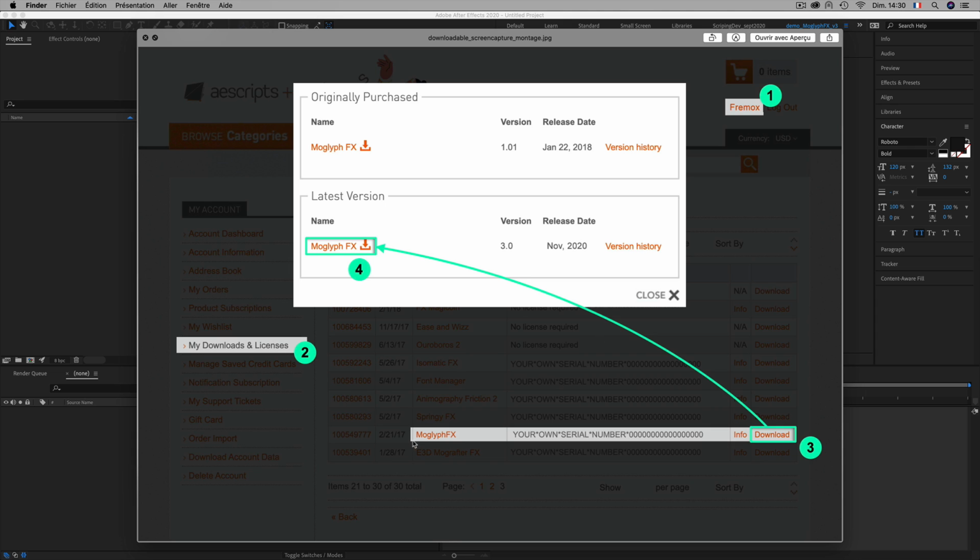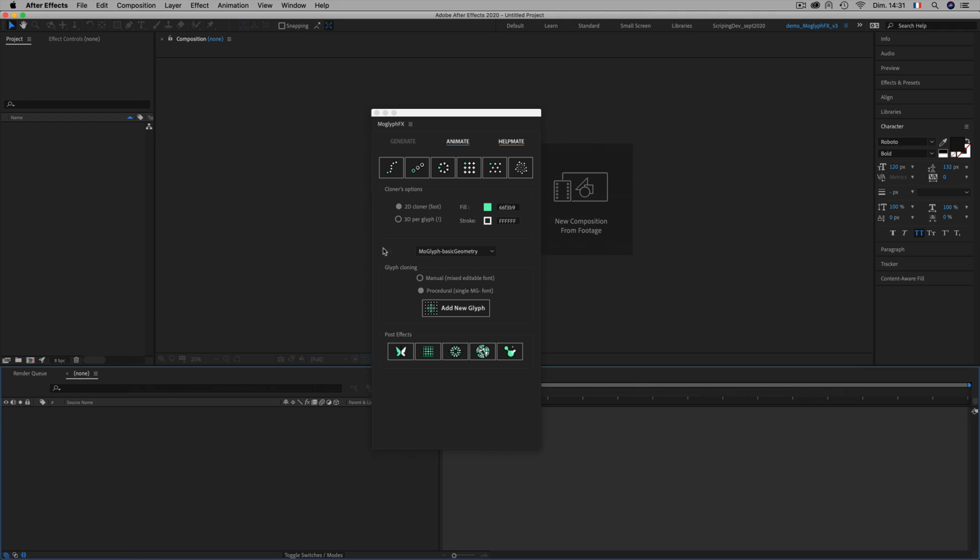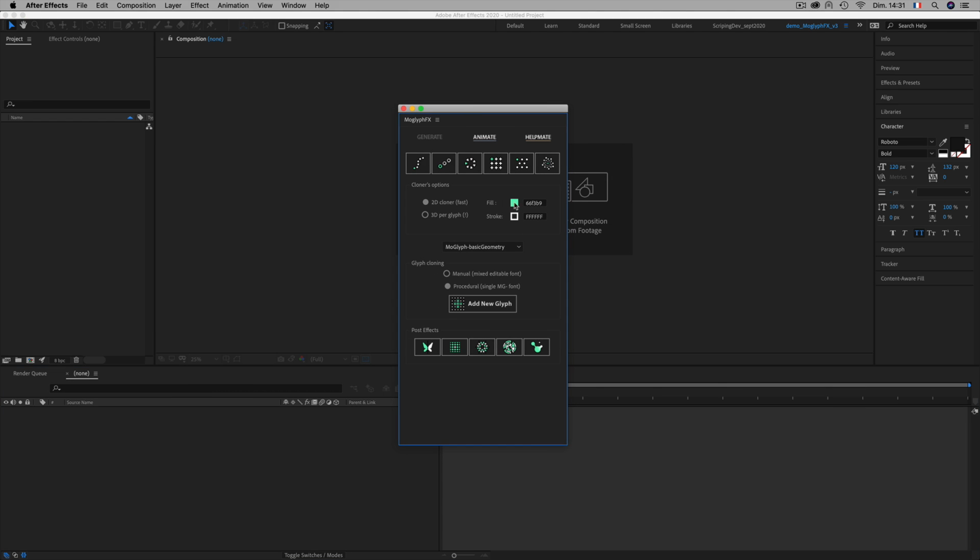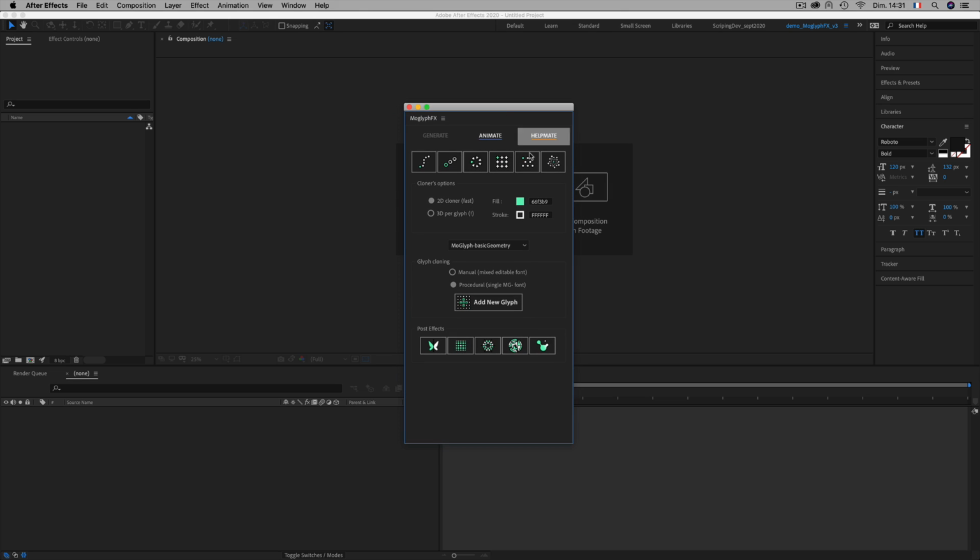In the table, in the MoglyphFX row, you'll retrieve your serial number right there. Just copy it from there, and when you are asked to paste it in the modal window that appears, paste it there and validate by clicking OK, and you should end up with exactly this same Moglyph